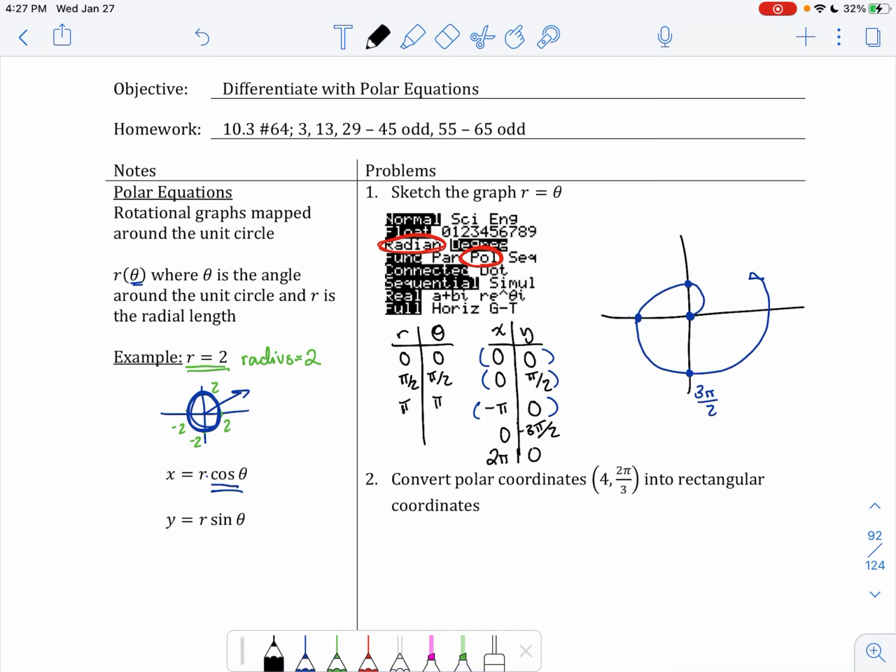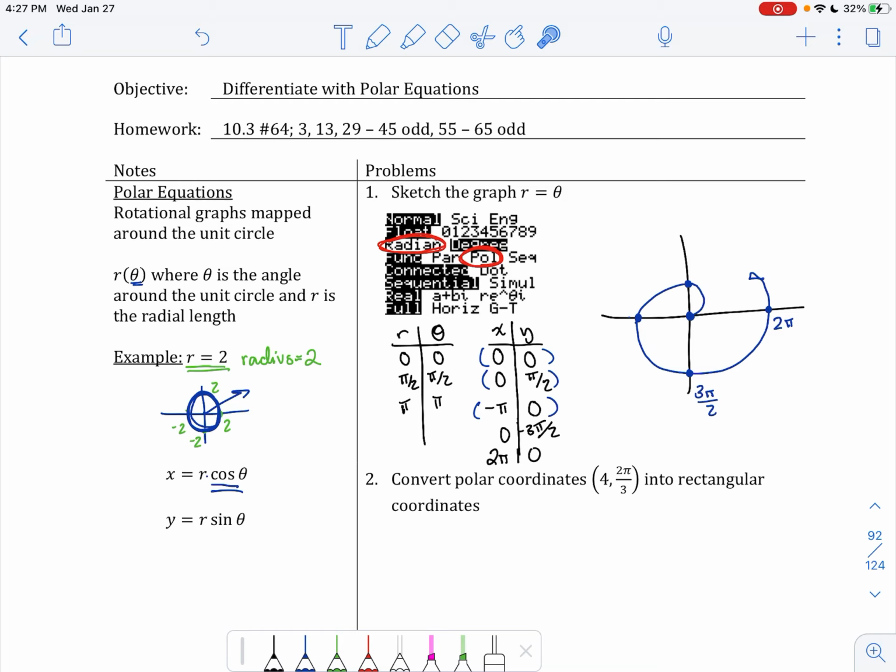Oop, that should have a negative. So sorry. And then this would be 2 pi. And what you'll notice is that when I say it's graphed as a rotation, we're going around the unit circle, and that radius is just getting bigger as it goes. So practice that, you can graph these on your calculator, and then we're going to talk a little bit more about how to use them with